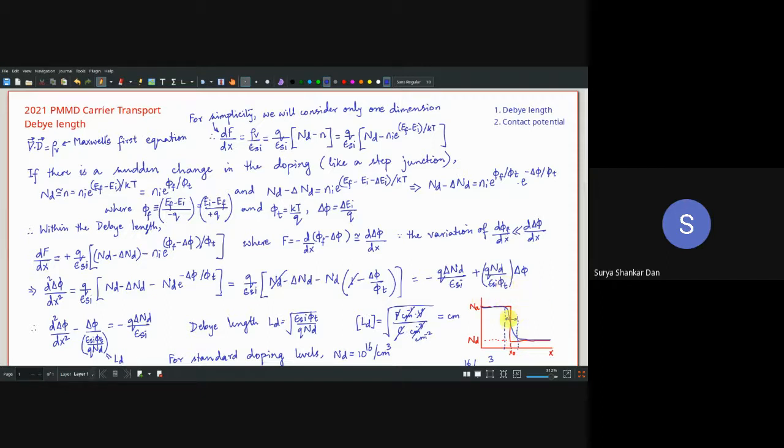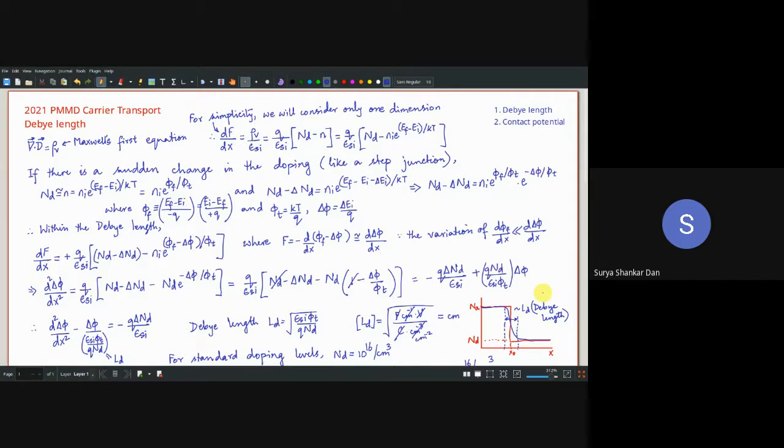Okay. Now, this distance is in the order of Debye length LD. In fact, Debye was a Dutch scientist, if I'm not wrong. Okay, so he essentially invented this concept for plasma. Okay, so whenever there is any ionic difference in a material, he essentially came up with this concept of Debye length, which essentially means until what distance the material will respond to a sudden change in the ionic concentration. ठीक है ना?